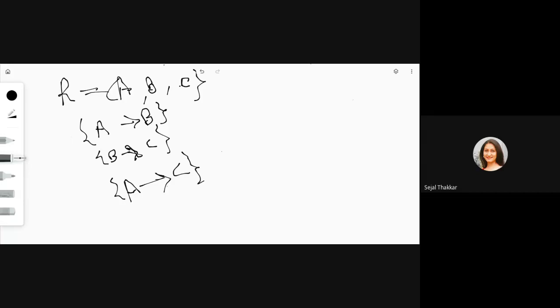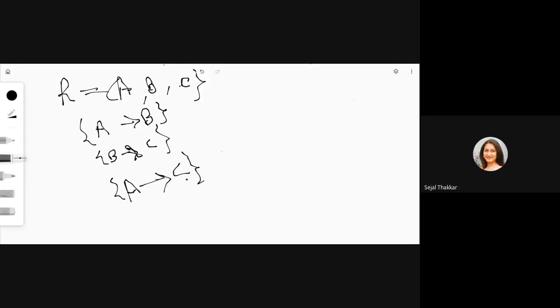Now, what is our first step? The first step is to apply decomposition on the right hand side. There is no double attribute on the right hand side. In all the FDs, we have a single attribute on the right hand side. So there is no need of applying decomposition, right? The second thing is we have to check whether there is any extra attribute on the left hand side, but there are only single attributes, right? And the third thing we have to do is find out the transitive dependency.